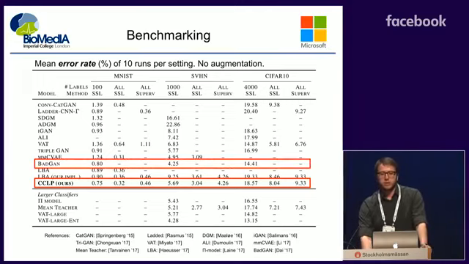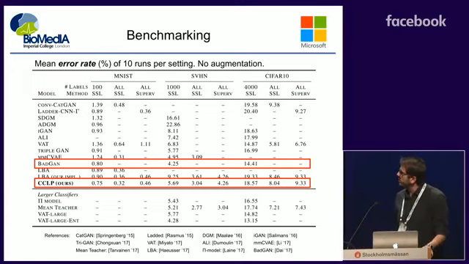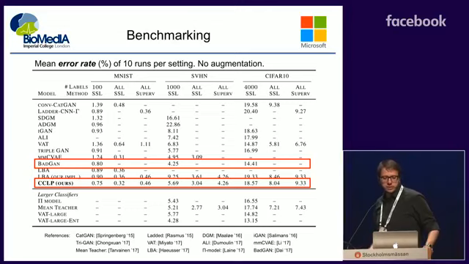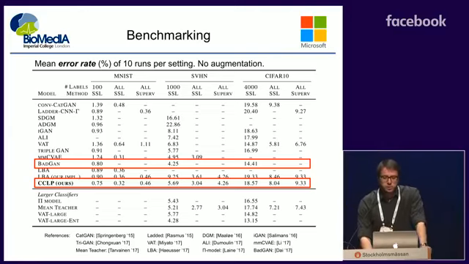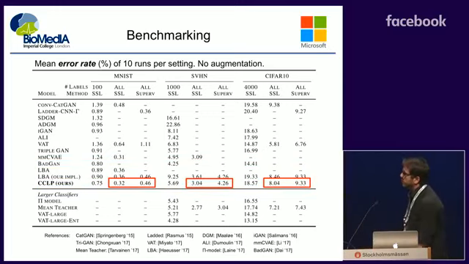Perhaps the one method that outperforms us quite some in 2 out of 3 settings is the BadGAN, which is a recent method and a very good work, but it's a very complex system. It has 2 different networks in there, and I think 4 different regularizers, which supports that our cost function is actually pretty useful.